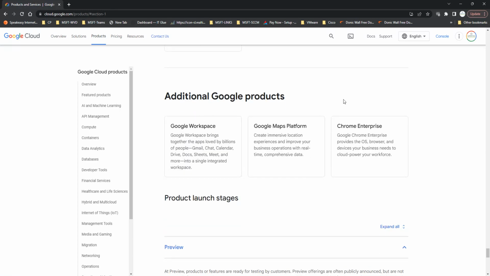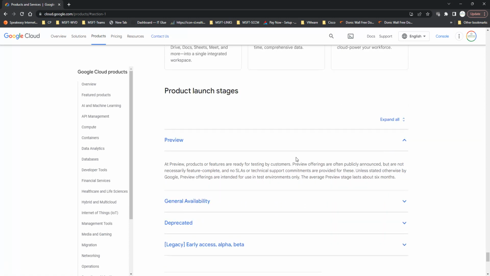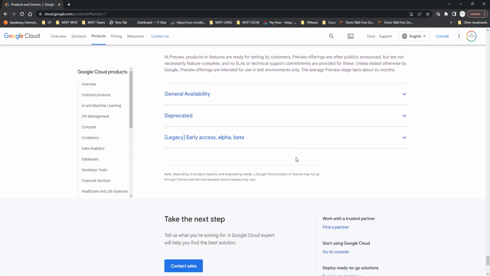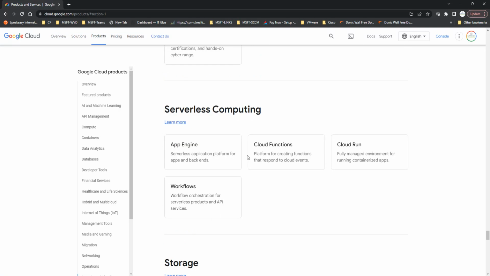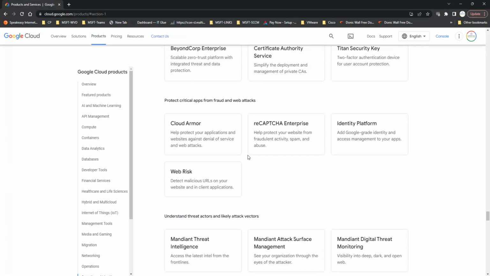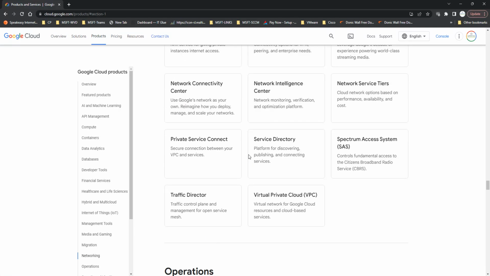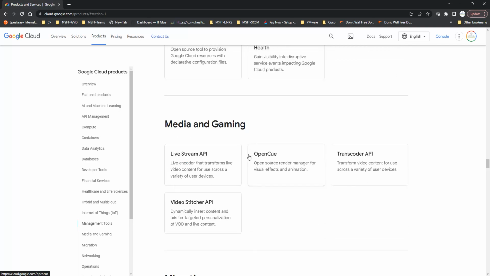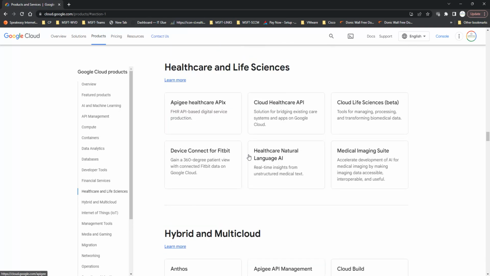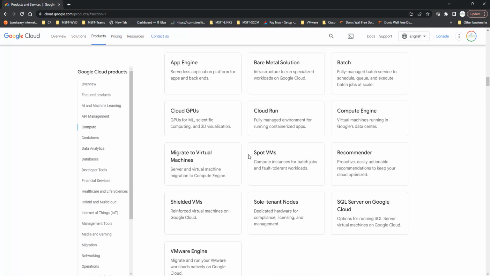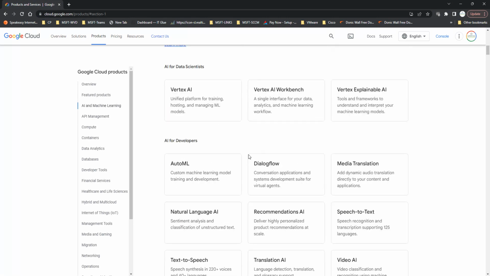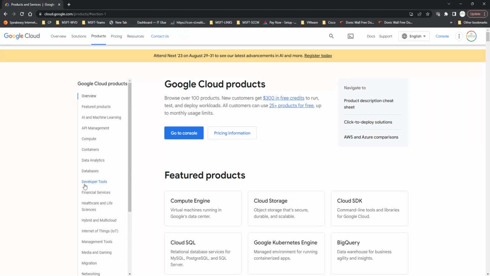And now you see the additional Google products, which are Google Workspace, Google Maps Platform, Google Enterprise, and so on and so forth. So this is what I wanted to discuss in this video. I want to try to keep it under 15 minutes. If you have any questions or need any more specific information, please feel free to drop me a line, and I will be more than happy to cover that area in my next video,